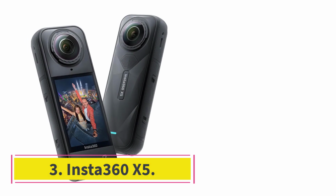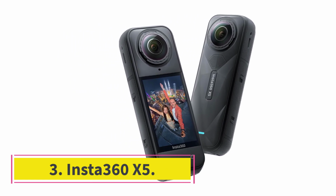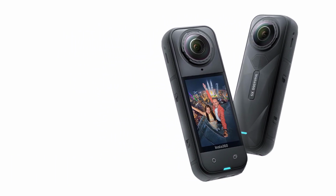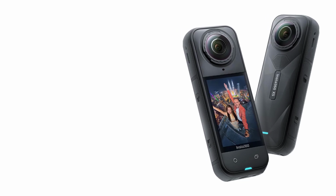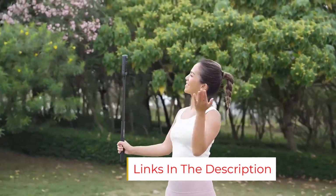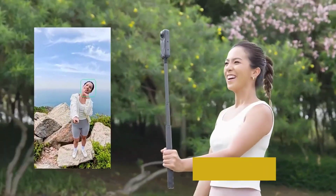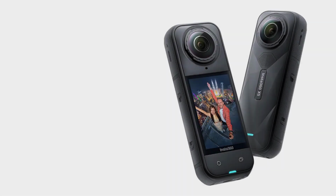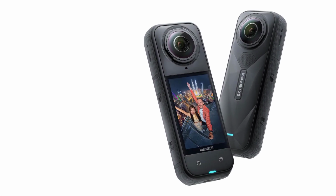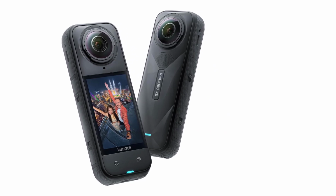Number 3. Insta360 X5. The Insta360 X5 is the best camera for dual-lens, 360-degree video at 8K resolution for a clear, detailed picture. It captures an all-around view of the world and gives you the software tools to do interesting and creative things with the video. The camera is waterproof and can survive rough handling, too, so it's suitable for mounting and